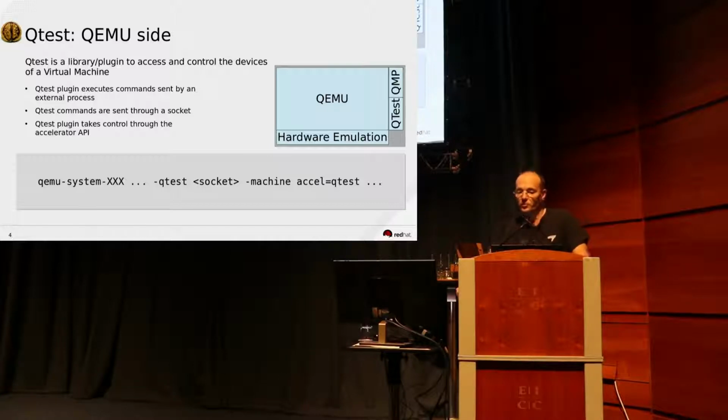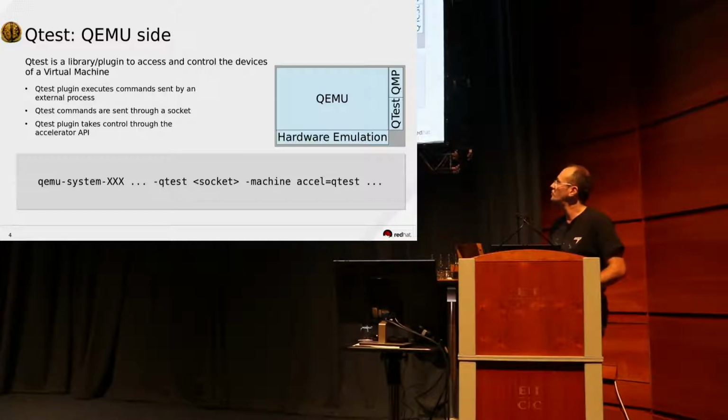And we will also provide on the command line a socket to be able to send commands to the Qtest plugin, the accelerator we have in the machine. So you can see on the command line how to have the plugin installed with the accel command and how to specify the socket to use with the dash Qtest parameter.